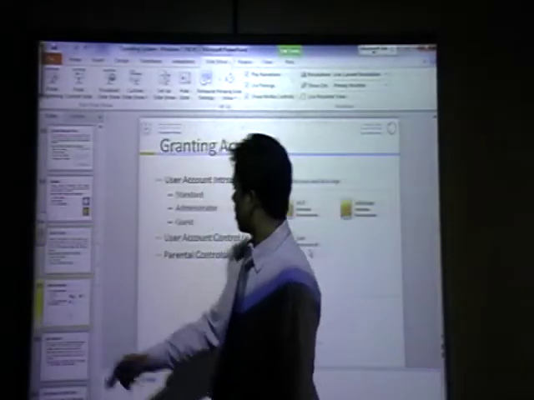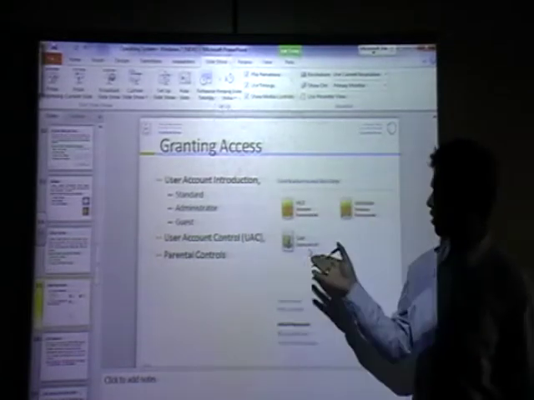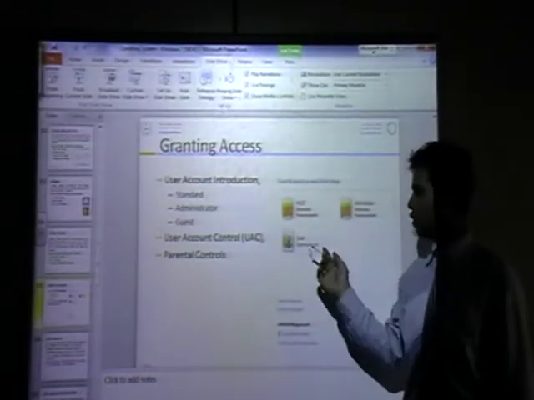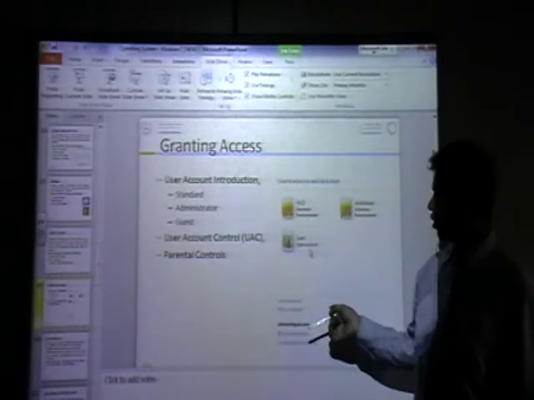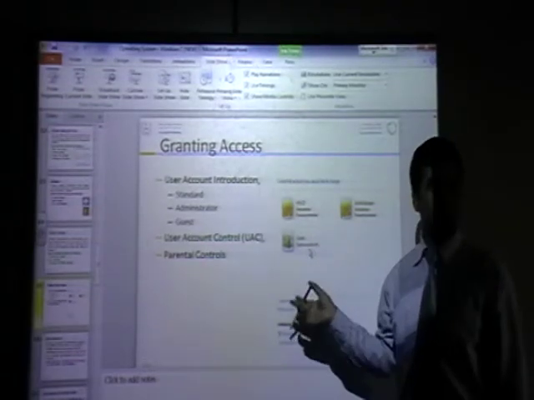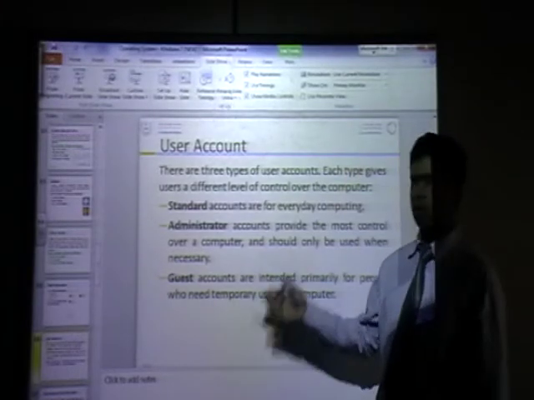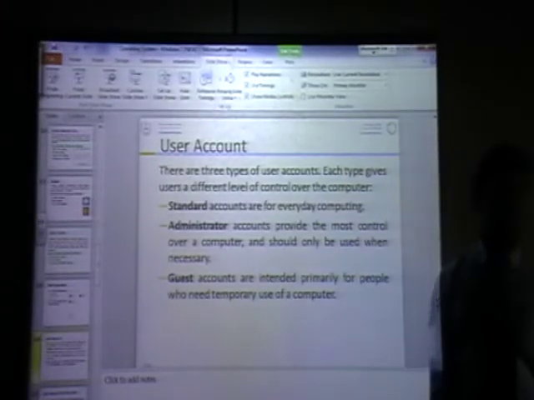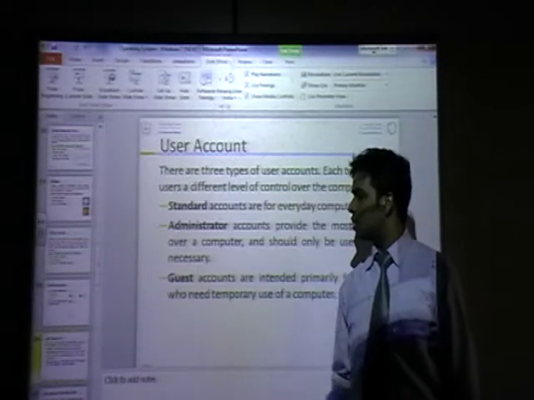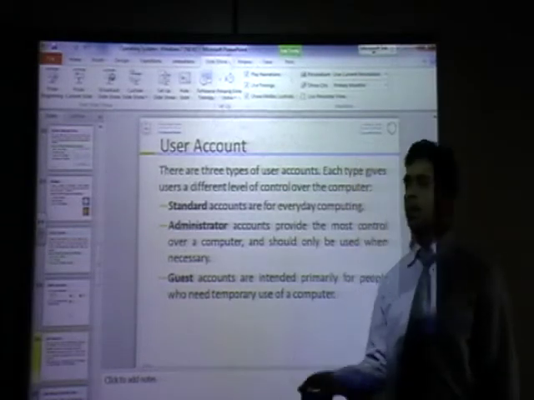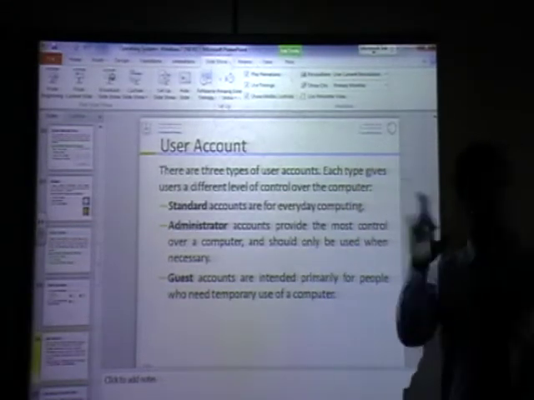Next one is granting access. Same thing. When you open this one, you can put another user. User accounts are three types: standard, administrator, and guest. Administrator can manage everything.